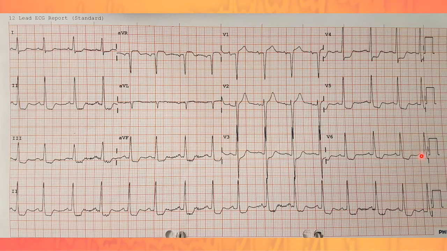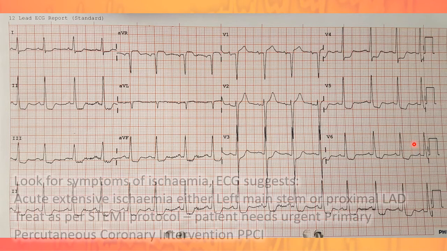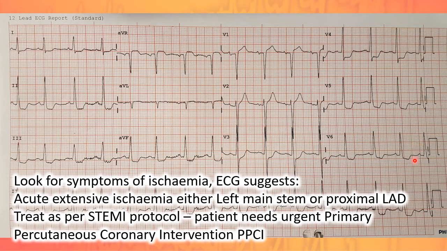Now, this patient is a very concerning, unstable patient. You should manage this patient as per a STEMI. They should be immediately looked at having primary percutaneous coronary intervention. You wouldn't be able to thrombolize this patient because they don't meet criteria for it, but this patient has got a very great deal of myocardium at risk and needs to go straight to the lab